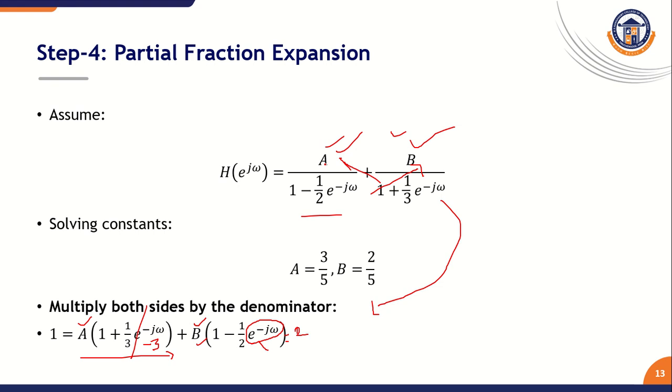So here, what is the a value? 3 by 5. What is the b value? 2 by 5. So once we are getting this value,